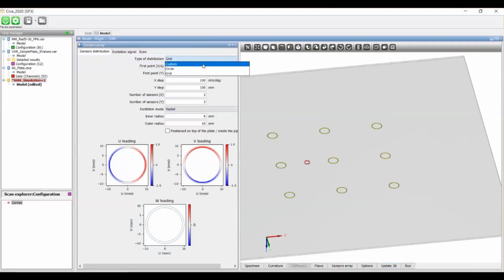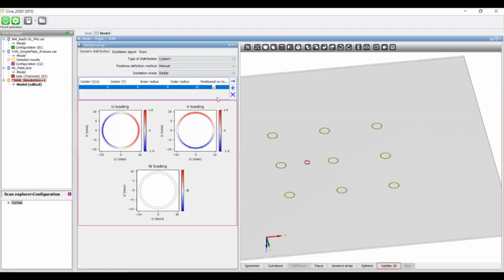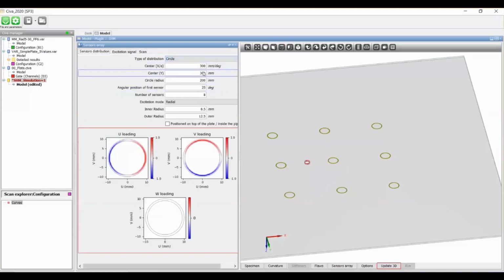The distribution can also be custom. It's just a table where you click on plus to define each sensor position and to define your own number of sensors and their dimensions. So you can create a custom distribution in this way. Okay, let's go back to a grid maybe.